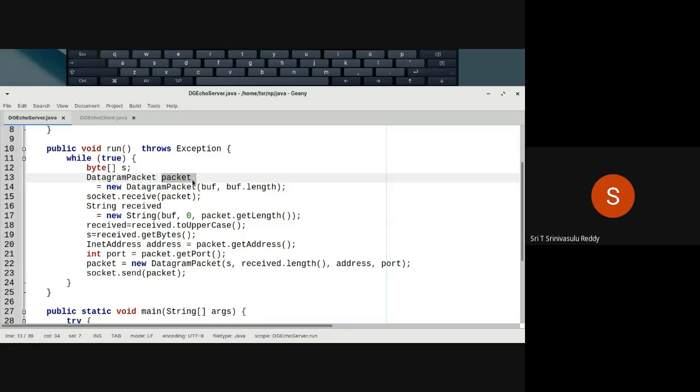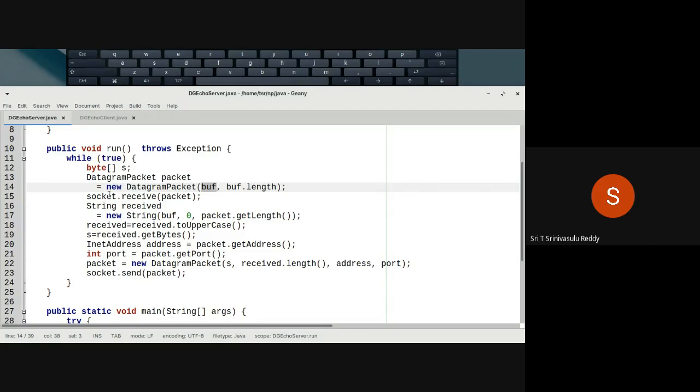At the time of creating the datagram packet, you don't know, so you don't have to supply it here. You have to supply only the array of buffer so that you can receive the incoming packet. This is what you have to do before receiving. Once this is done, the packet is created. Now you can use the socket to receive the packet. You say socket.receive of packet.